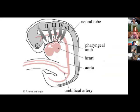Okay. Can you see the image? Yes. Okay. So yeah, I wanted to show you just briefly some images